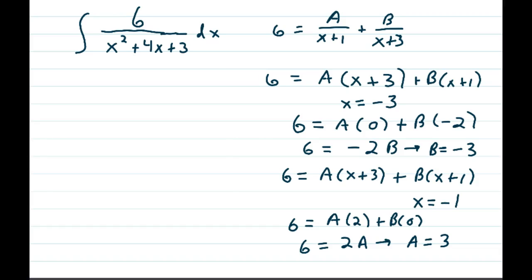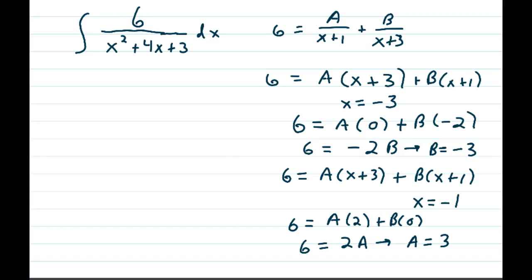This process is called convenient values. I'm going to let x equal negative 3 because it's going to eliminate A. So we get 6 is equal to A times 0 plus B times, putting in negative 3 plus 1 near that B, you get negative 2, which leads you to 6 is equal to negative 2B, which implies that B is